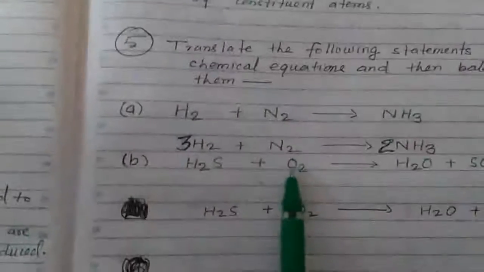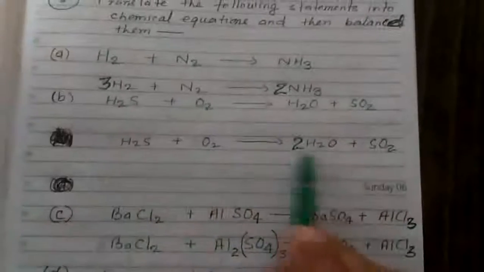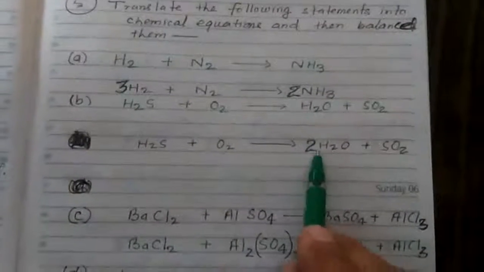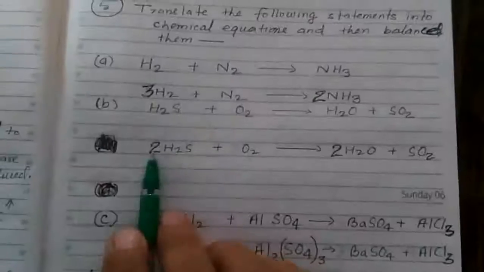hydrogen. How can you balance it? Just read here. Oxygen is in an even number on one side, and here oxygen 2 and 1, 3, an odd number. So make it even. To make it even, we first write 2 here. When we write 2, oxygen will be 2, and here 2 and 2, 4 it will be there. But when we write 2 here, the hydrogen becomes 4. So how can hydrogen become 4? We have to write 2 molecules again here. So when we write 2 molecules, the hydrogen becomes 4. But sulfur becomes twice.